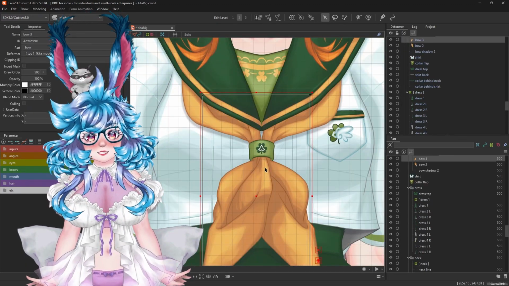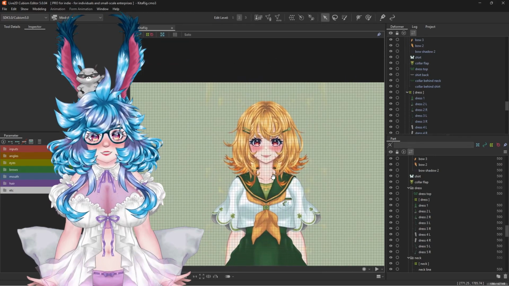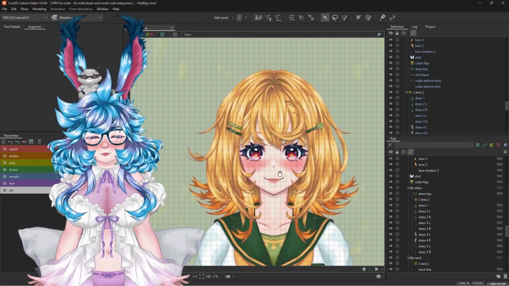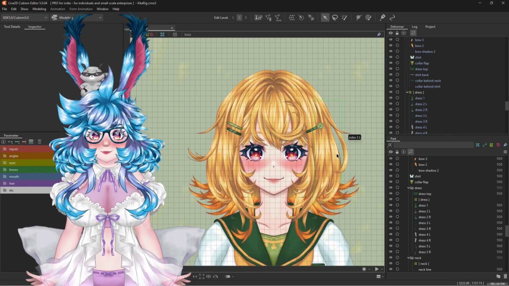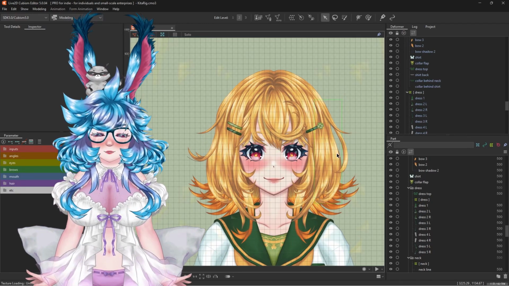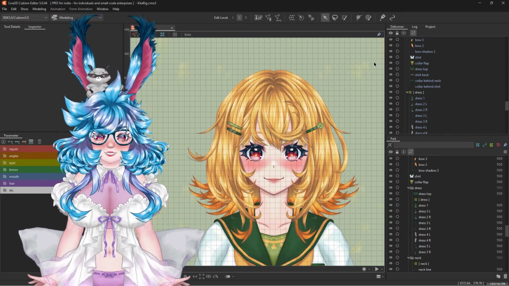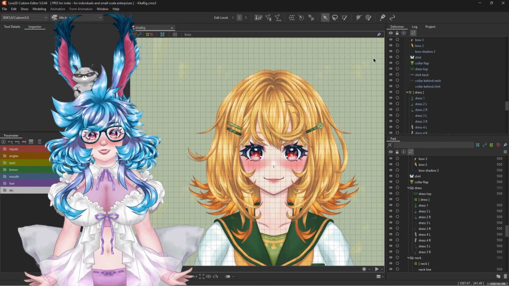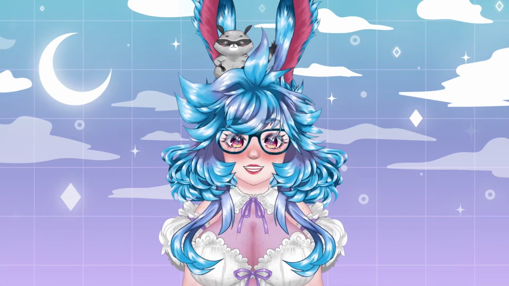This is also something I try and get out of the way right away so that I don't forget or have to like stop everything I'm doing to do that later. Once all of these things are done, my model is imported, organized, and saved, and now we're ready to start animating her. In the next video, I'm going to go over